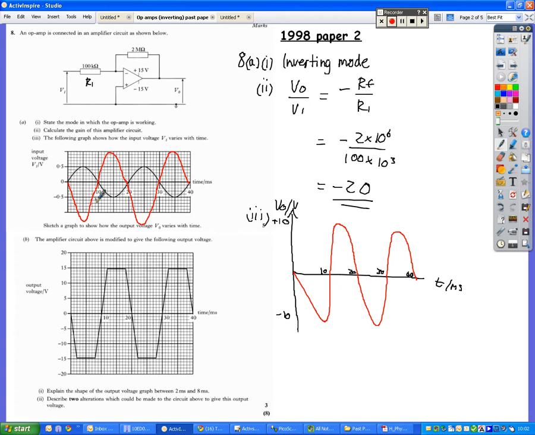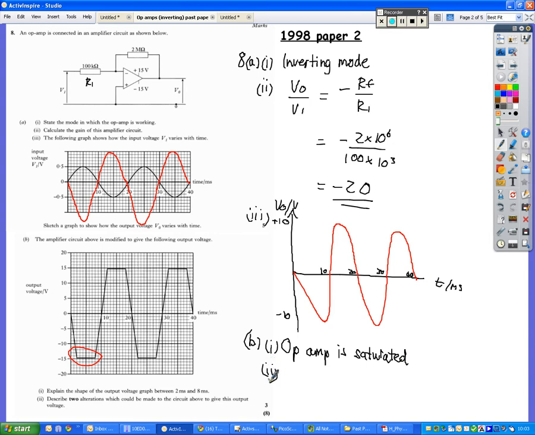Part B, explain the shape of the output voltage graph between 2 milliseconds and 8 milliseconds. So you have this section here. So you've got a straight line. And from yesterday's experiment, it's because the op amp is saturated. That's only going to be a 1-mark question there. So all you need to say is the op amp is saturated, or you could say that it has reached its maximum voltage due to saturation. But the simplest way to say it is op amp is saturated, because we know already that